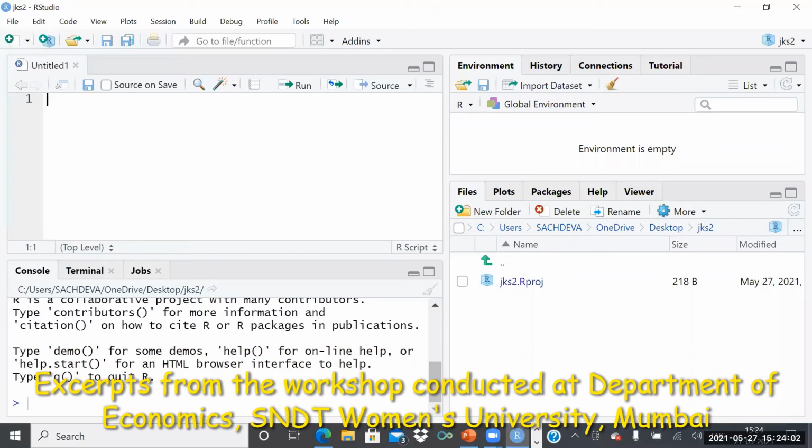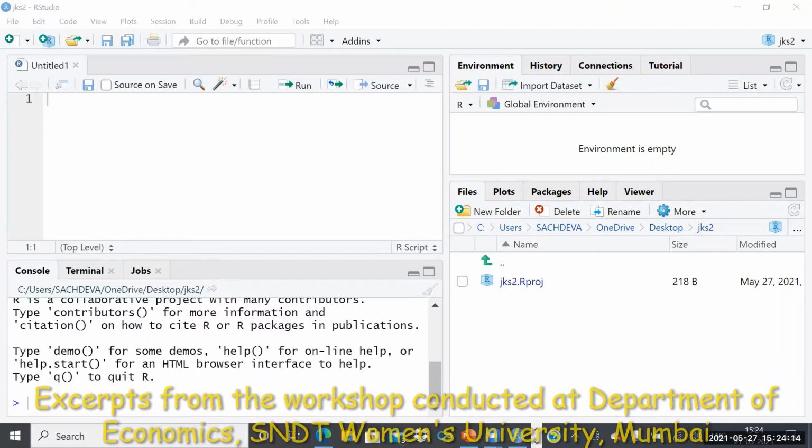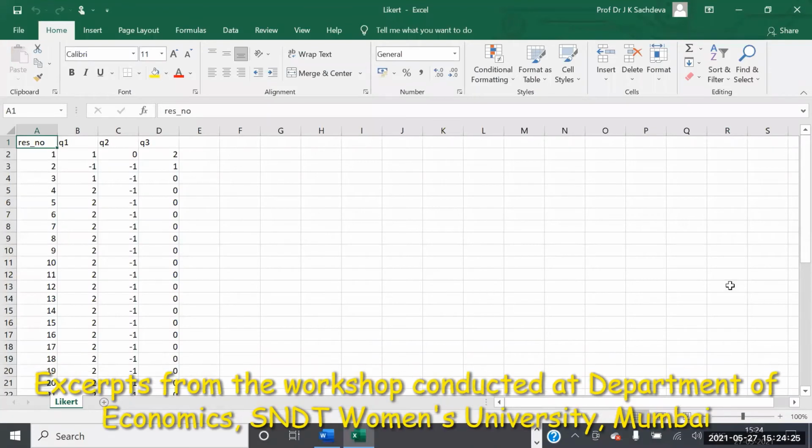Let us learn now one sample t-test. One sample t-test. I want to show you one file. Now this Likert scale file,